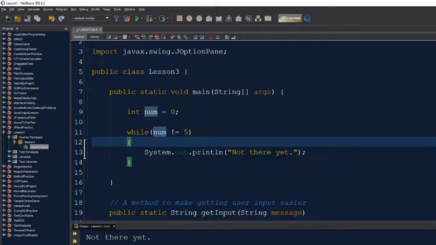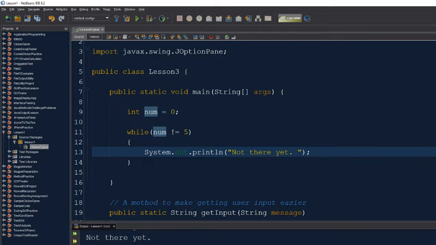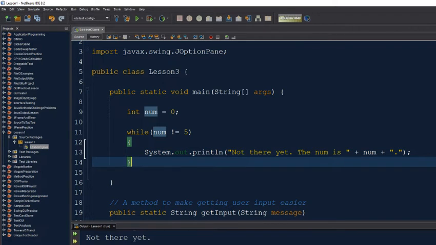Whenever I run through this, I want to print out what num I'm at. Remember how I do this, concatenation. I'm just going to add on the num is num. And let's make this a proper sentence by adding the period at the end there. All right, so if I run it now, we'll see not there yet, the num is 0. It's going to loop infinitely. Oops. So I'm going to simply